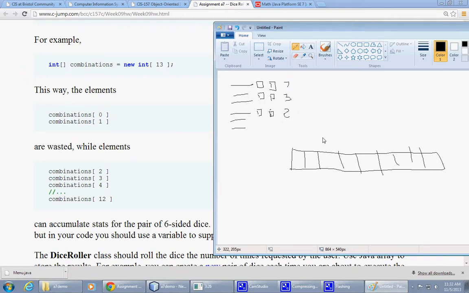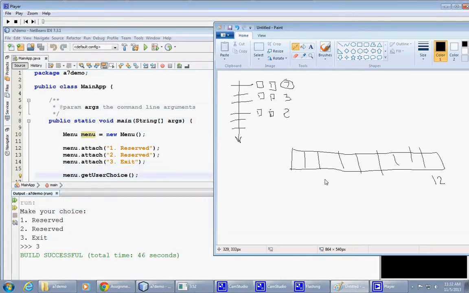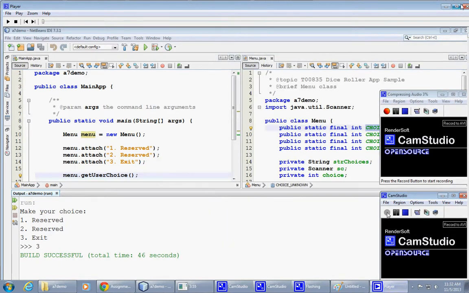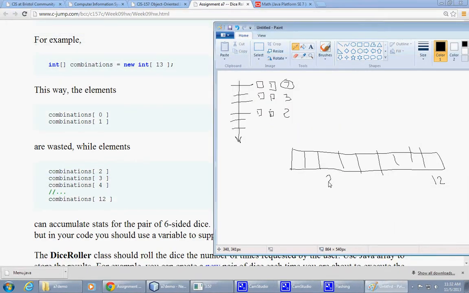So if we execute the series of rolls, say 100 times, and 50 times a 7 was produced as a result, we would like to keep those statistics. The maximum number is 12, right? 6 and 6 is 12. The minimum number is 2, like 1 and 1. And so if